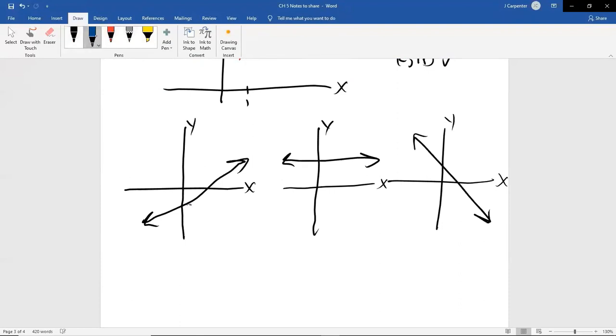This first example, as we go right, we go up. So that's a literal rise, which means your slope is positive. So m is greater than 0, that says your slope is positive. Here, all we ever do is just go right. We never go up or down. If we don't go up or down, that means that the rise is 0, and 0 divided by anything is, that's right, 0. Horizontal lines have a slope of 0.